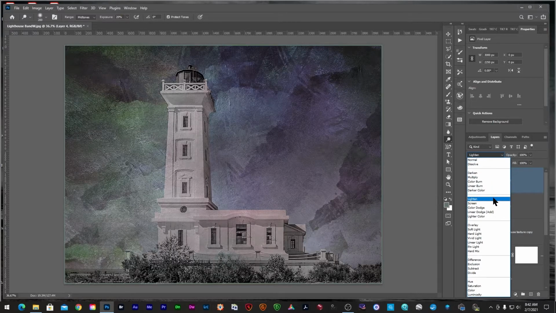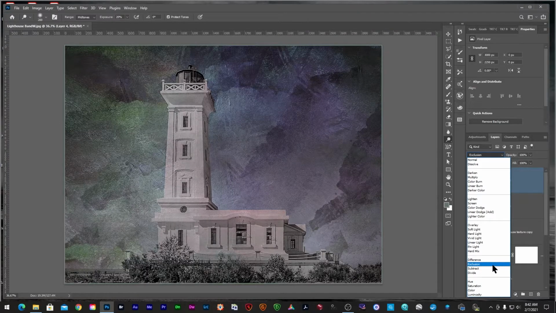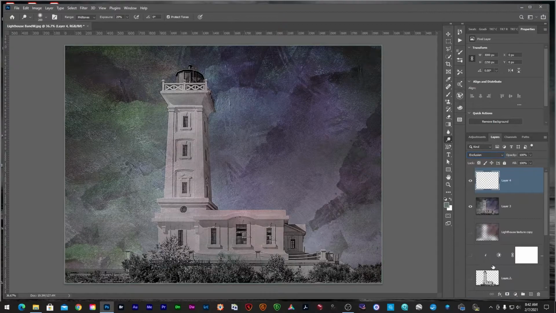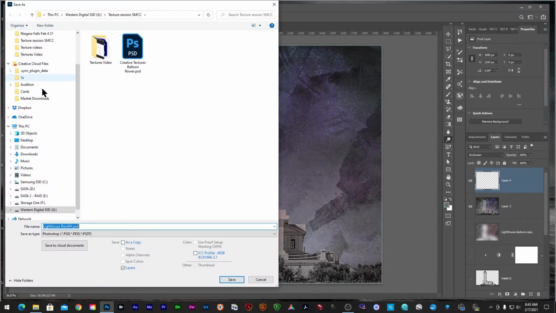And now I'm going down to the various blend modes to see if there's something I might like a little better than normal. And I found what I like. Play around with opacity, and I'm going to save this image as a PSD